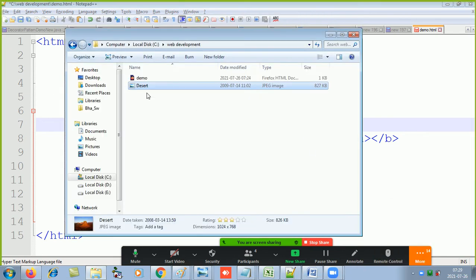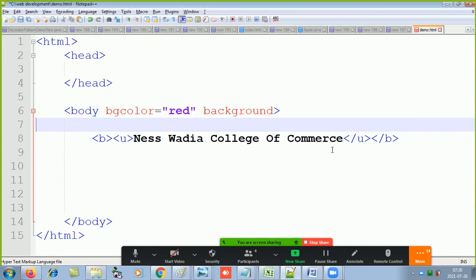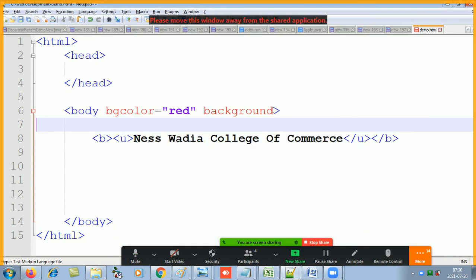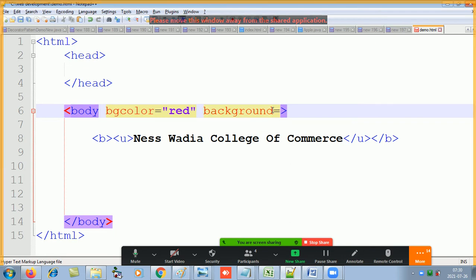I have copied this desert.jpg in the same folder in which demo.html is there. Once both the files are in the same folder, you can just give the file name, and the attribute is what? Background, and background equals to the file name with the extension.